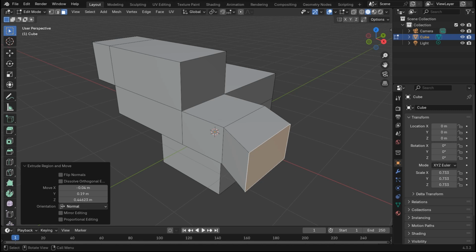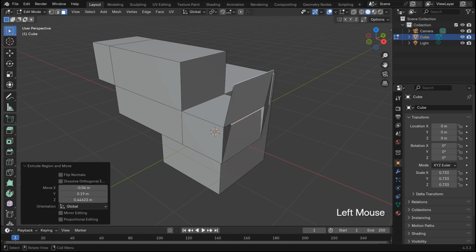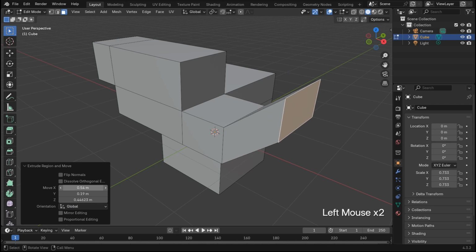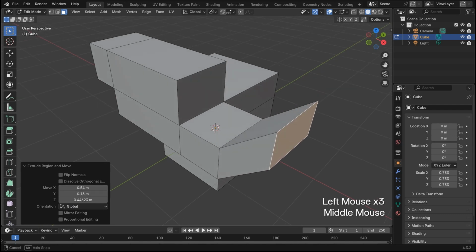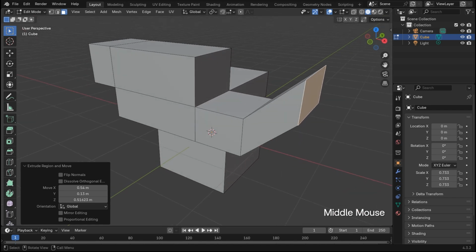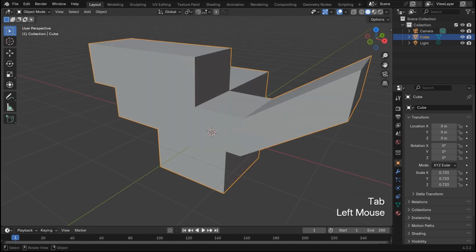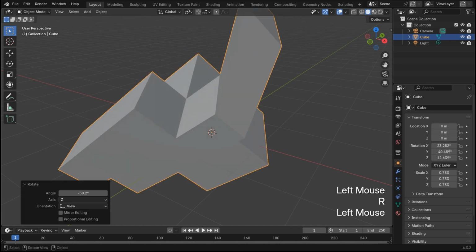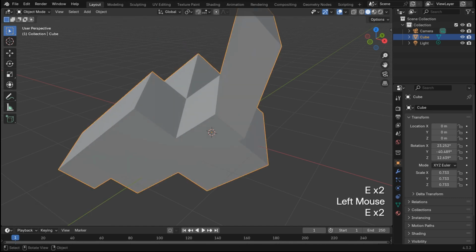Now with the help of orientation, we can decide how the moving is going to affect it. Do I want to move it according to the global axis or the local axis of the object? If I rotate this object at such a random angle,